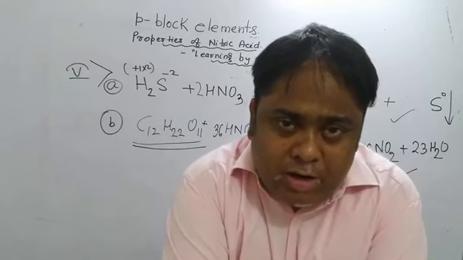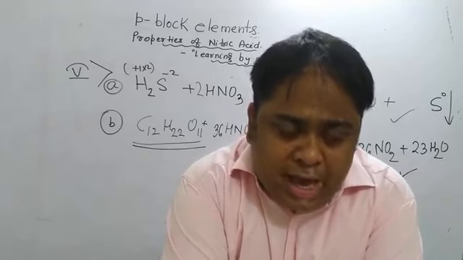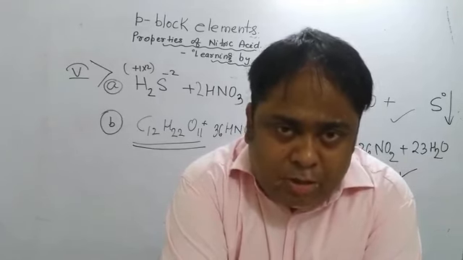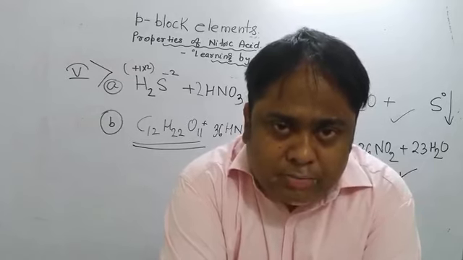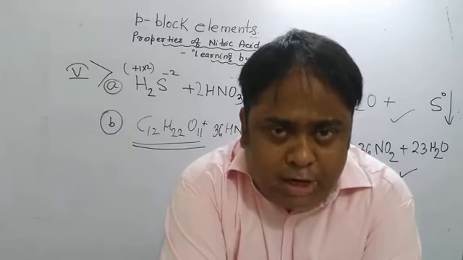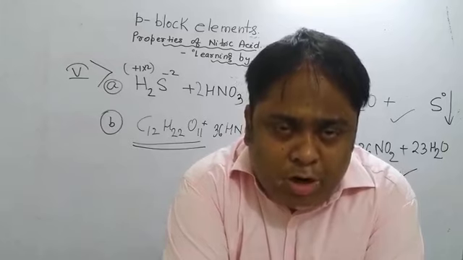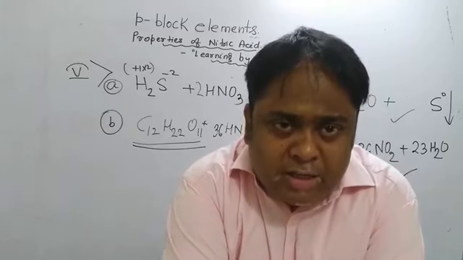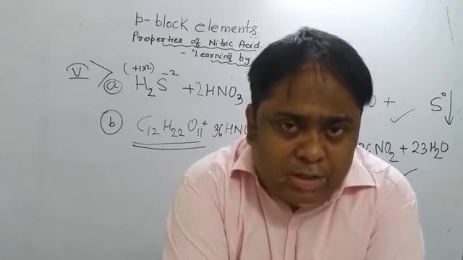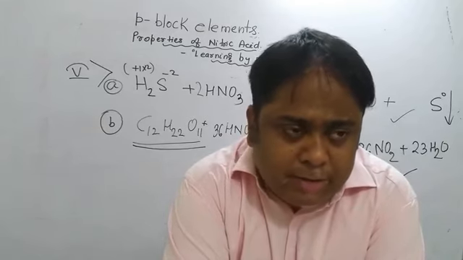So see, when you are learning P block elements, we can go back to solutions and revise that also. These kinds of solutions are called azeotropic mixtures. They are equal boiling mixtures. So at this composition, HNO3 and H2O start boiling at the same temperature. As a result, if you try to do fractional distillation, then what will happen? Both of them will form equal composition in the vapor and also in the condensed liquid. So it is not possible for nitric acid to be purified more than 68%. This is the reason.